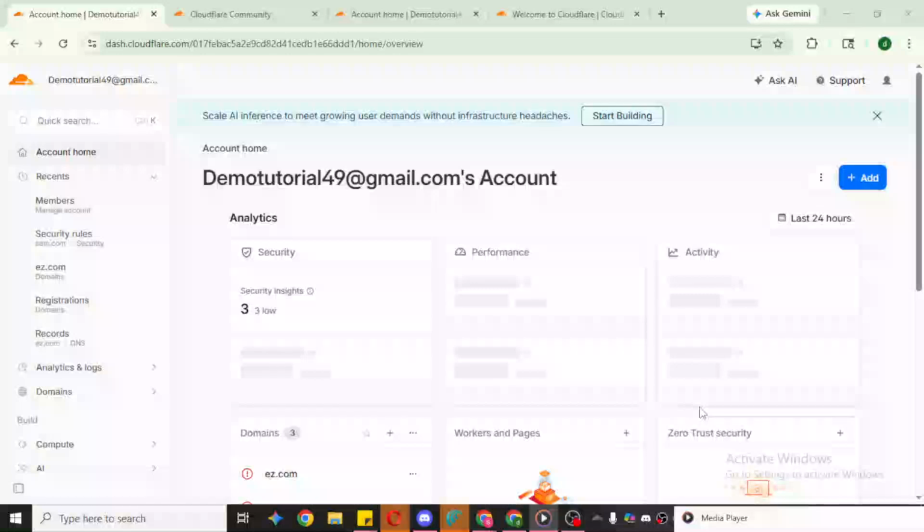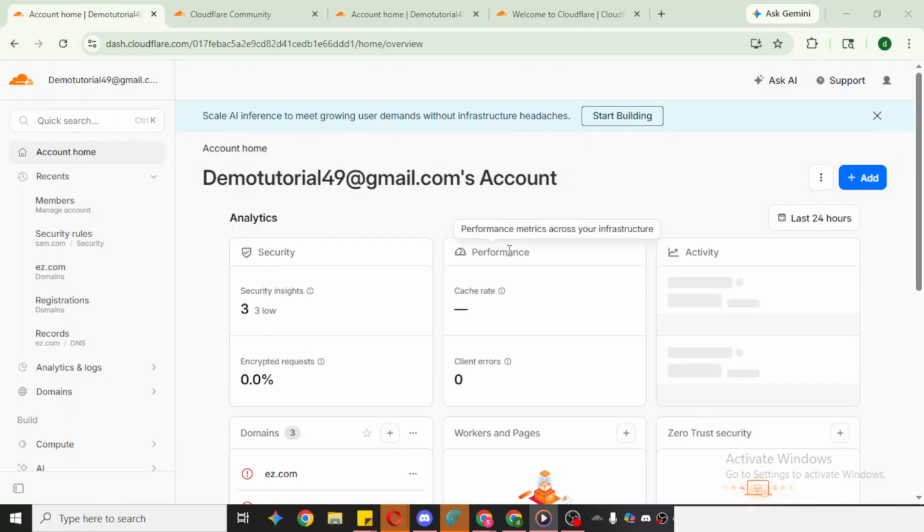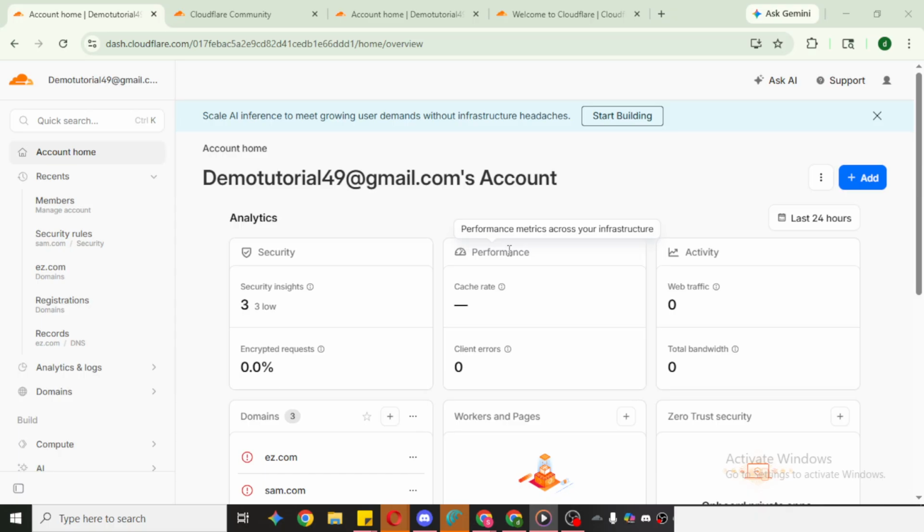In today's video, I'm going to teach you how to set up mobile app authentication on Cloudflare. We're going to walk through enabling mobile app authentication, sometimes called app-based two-factor authentication, to add a strong layer of security to your Cloudflare account. You'll need access to your Cloudflare dashboard and a smartphone with an authenticator app installed. If you don't have one yet, you can install a trusted authenticator from your device's app store before you begin.